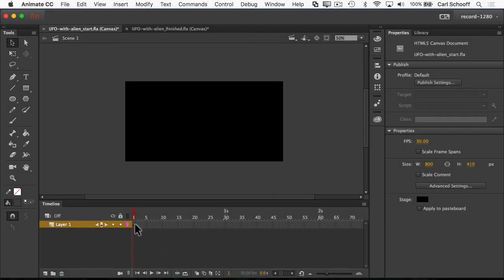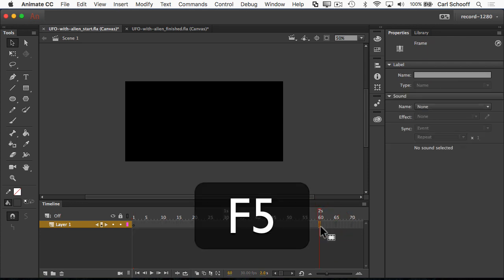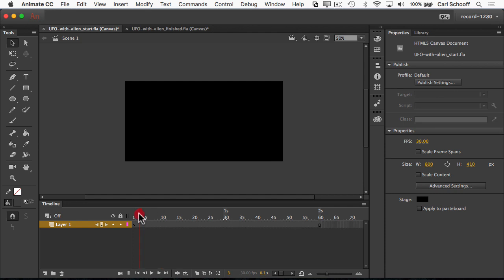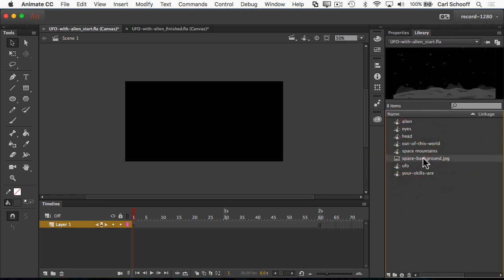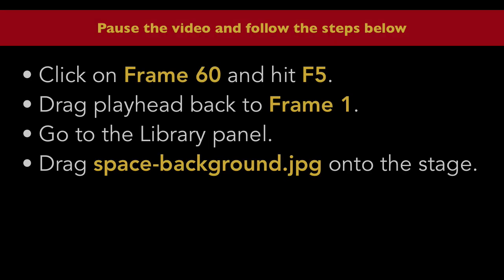Alright, I got the UFO with alien start file opened up. I have only one frame in my movie, so let's go to frame number 60. We'll click on frame 60 and hit F5 to add frames. I'm going to go back to frame 1 and let's go to the library, and we're going to take space background JPEG out, drag it onto the stage anywhere,